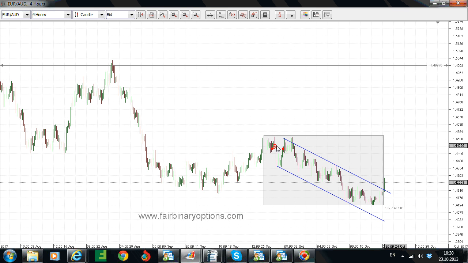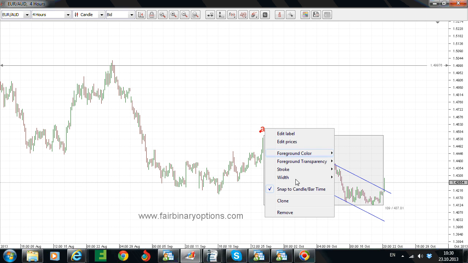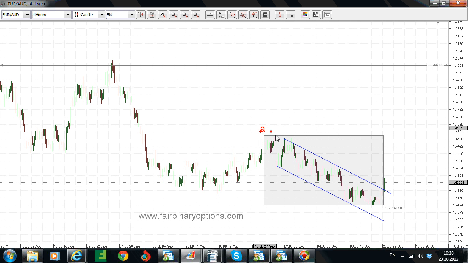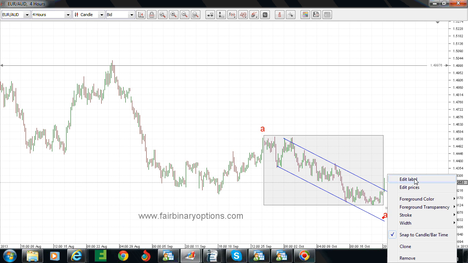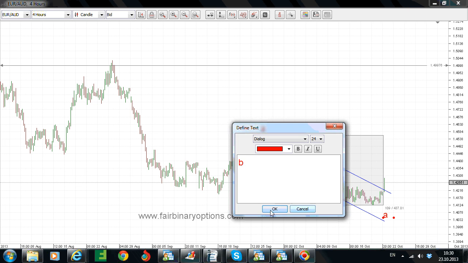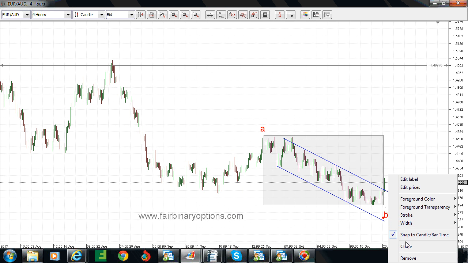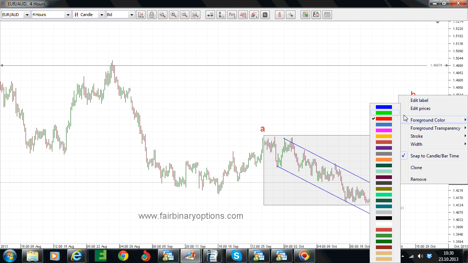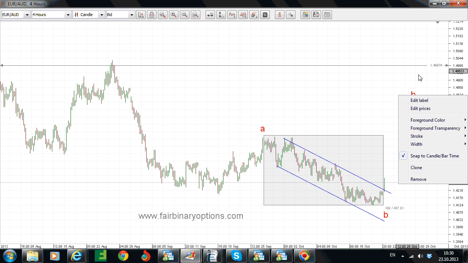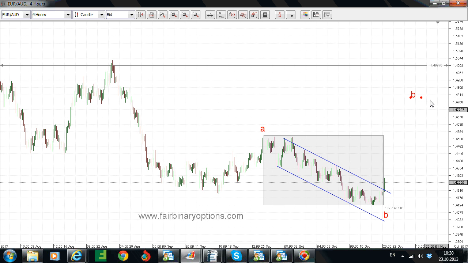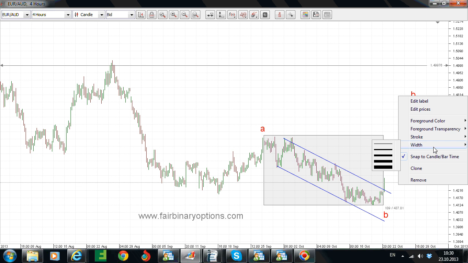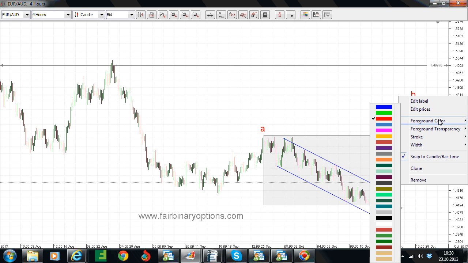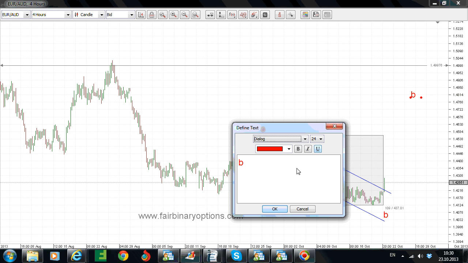Now, because this might be a leg of a contracting triangle, we are here to trade binary options, and we're looking for this to be wave A, and then this to be the B wave to the downside, and now looking for the C wave to the upside, A, B, C, and this should go minimum, I would say 146, something like this, as legs of a triangle have the tendency to go and retrace around 70% out of